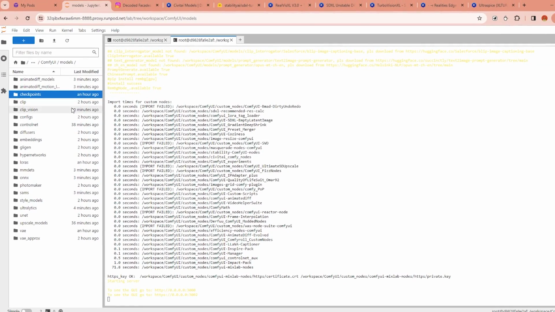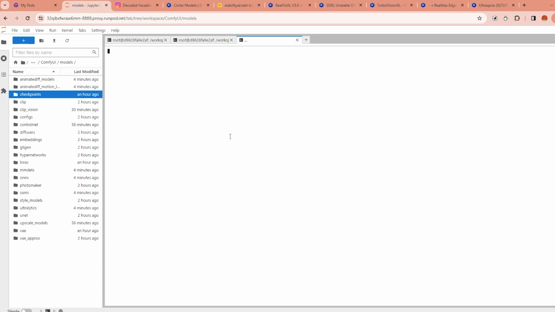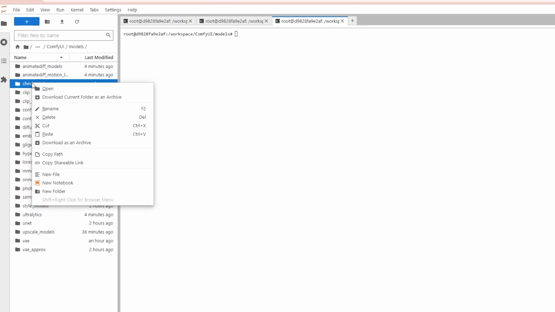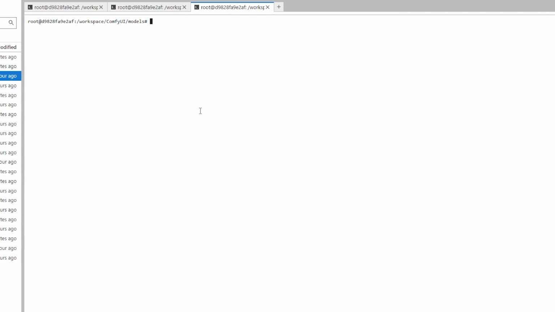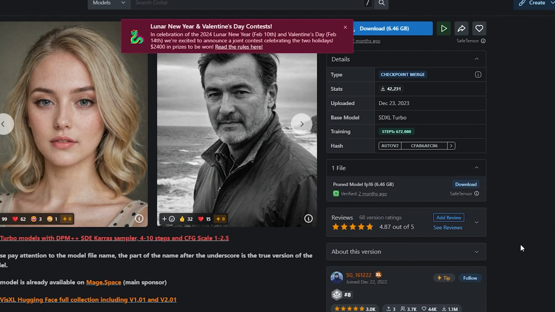I don't really know why, but maybe because there are lots of files inside checkpoints, for some reason I cannot go inside the checkpoints folder in Jupyter Notebook. So what we can do is right click and copy path first, and then to move there we can type cd and then paste the address. So now, as we can see, we are inside the checkpoints folder. Let's go and copy the address again,